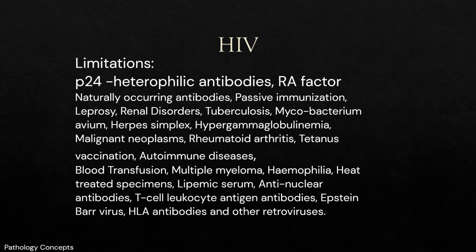P24 antigen shows cross-reactivity to heterophil antibodies, RA factor, etc. Some sample shows cross-reactivity for HIV antibodies. Following factors are found to cause false positive HIV antibody test results. They are naturally occurring antibodies, passive immunization, leprosy, renal disorders, tuberculosis, Mycobacterium avium, herpes simplex,